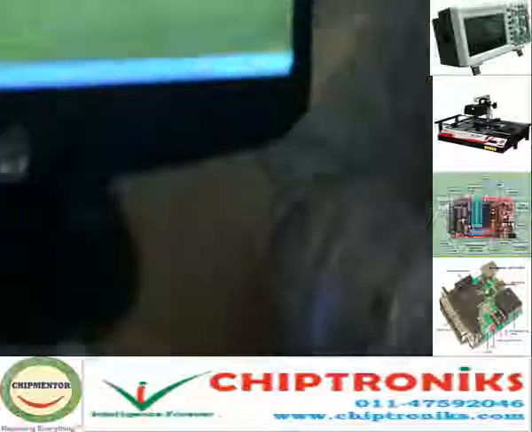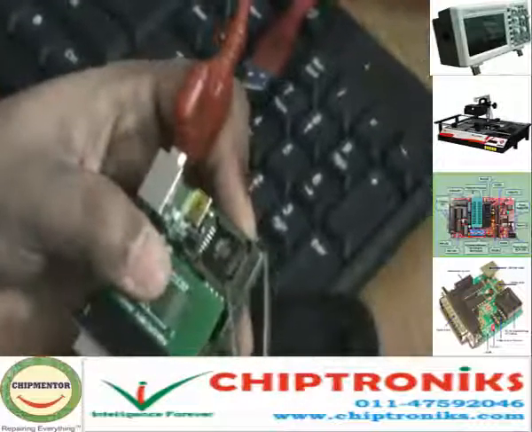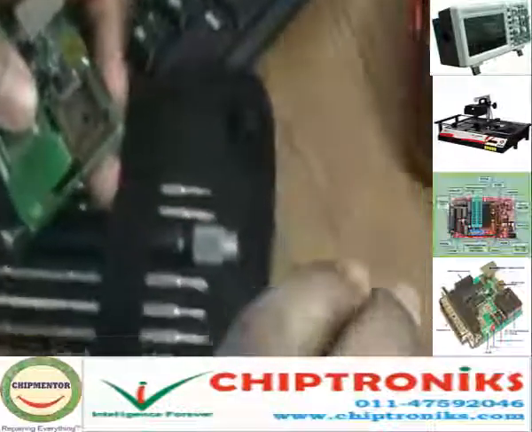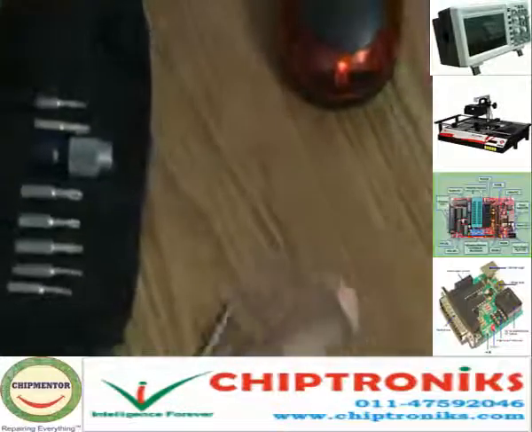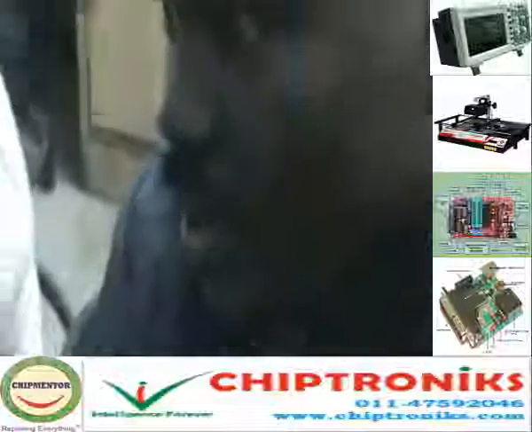We'll insert the tweezer over here, at the opening, and just lift it lightly like this, and the IC will come out. Now this IC is ready to be put back into the motherboard. What about touching with the hands? If you don't touch it with the hand, it doesn't matter, but